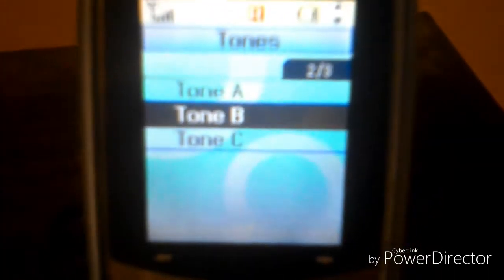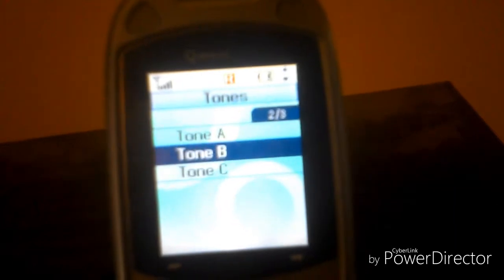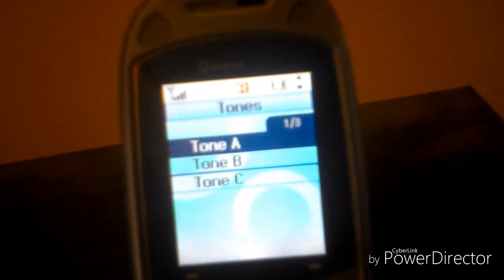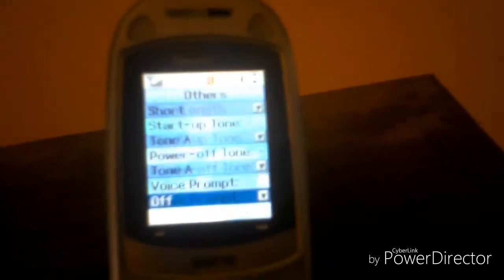Another thing I like about this phone, you can also change the startup sounds, as I probably mentioned earlier. This is what they all sound like. That one I don't like. This one I like, so I just keep it at that one. You can also get your custom shutdown tones, but...